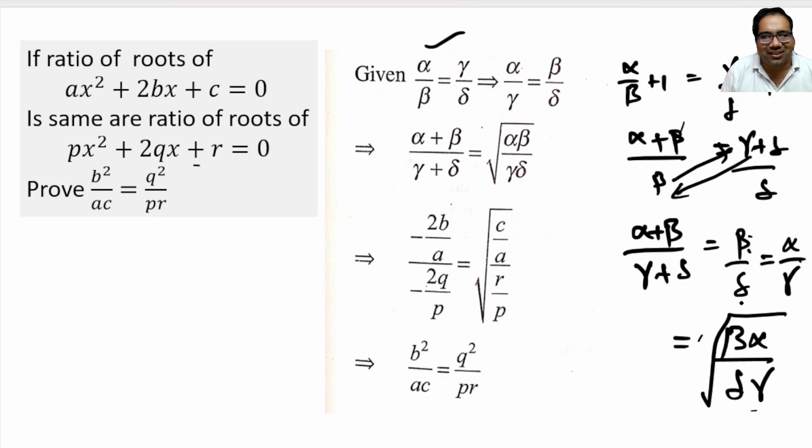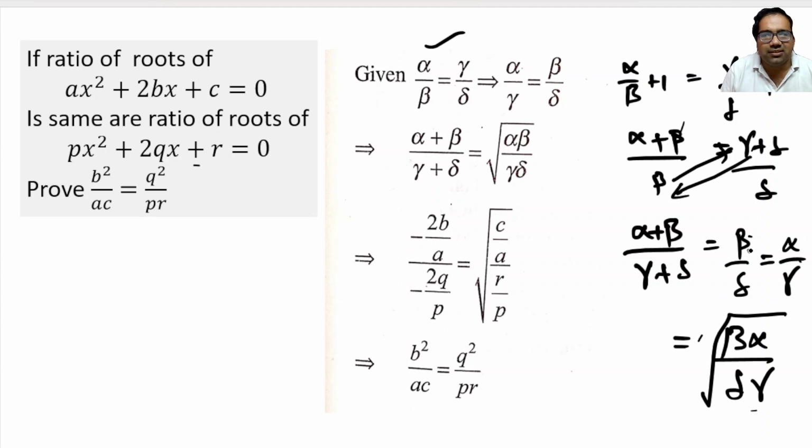Beta by delta, we know. Alpha by gamma, we know. So we are using both of that to express in terms of product. Otherwise, beta by delta, we cannot directly express in terms of A, B, C or P, Q, R. Right? So basically, alpha plus beta by gamma plus delta is equal to beta by delta or alpha by gamma,